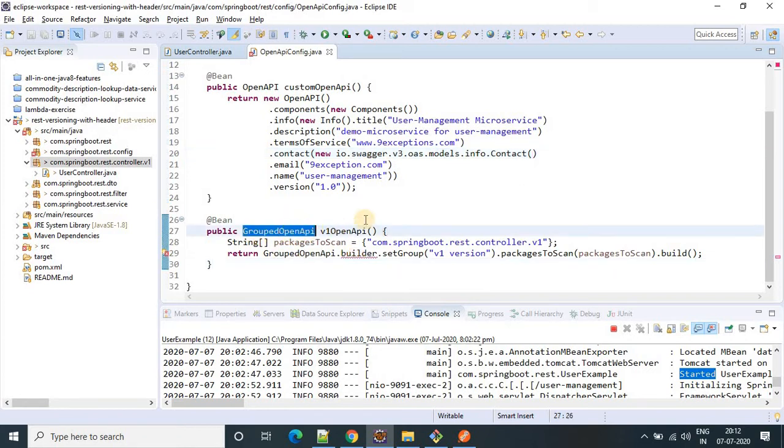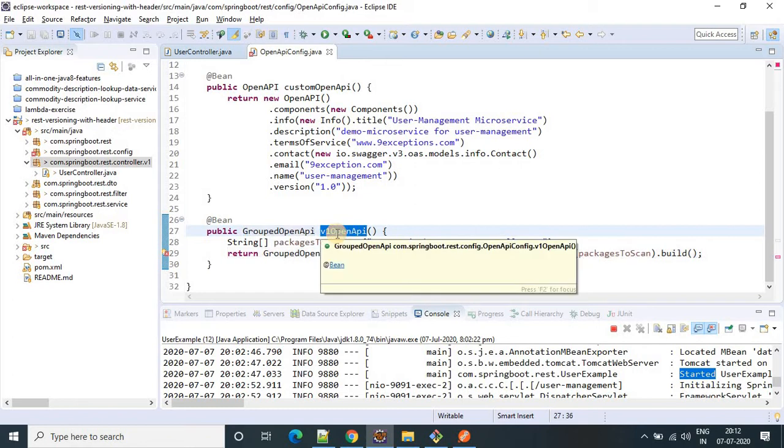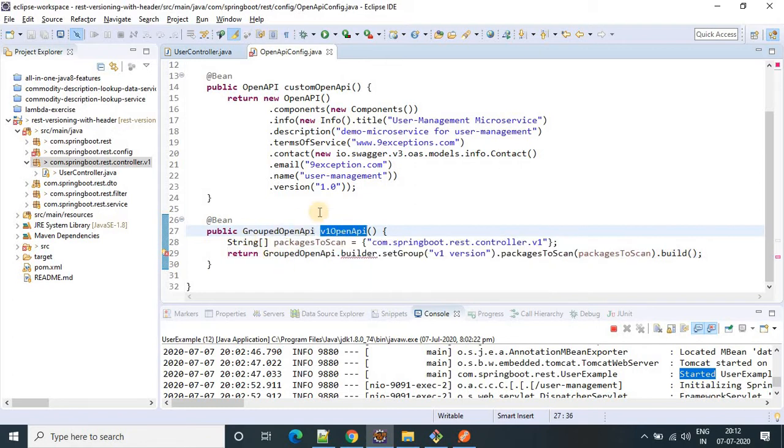Let me check our GroupedOpenApi, v1OpenAPI, and we have added the bean also, String array of packagesToScan. Now here we have provided our v1 package.